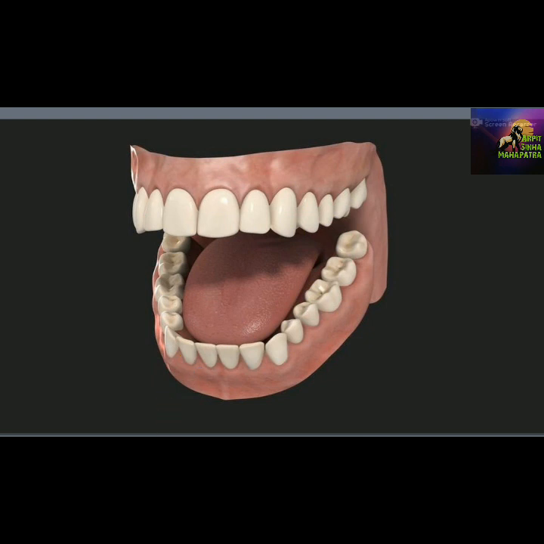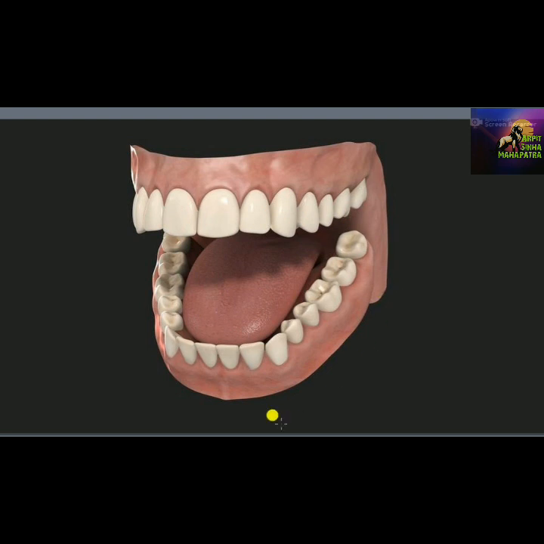Notice there are four teeth arranged at the middle part of this jaw. 1, 2, 3, 4. These four teeth are arranged serially in the middle part of the jaw. Like the lower jaw, in the upper jaw these four teeth are also arranged. These four teeth look like a chisel. It is a chisel-like structure. Each jaw contains 4 teeth, and in total there are 8 teeth.